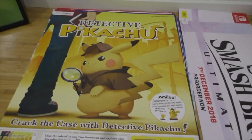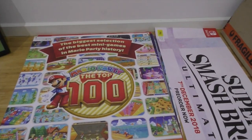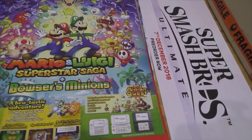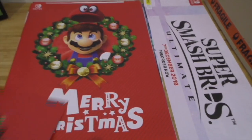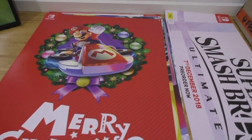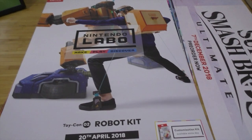We've got heaps of posters here, eh? So, Nintendo Pikachu poster, Xeno 2 poster, a Merry Christmas one, Mario Kart Top 100, Mario & Luigi Superstar Saga, an ARMS Christmas poster, another Mario & Luigi Superstar Saga poster, a Breath of the Wild Merry Christmas poster, Super Mario Odyssey poster, Splatoon poster, another Odyssey poster, another Mario Kart, it's the first one, another ARMS poster, Kirby poster, Nintendo Labo poster,